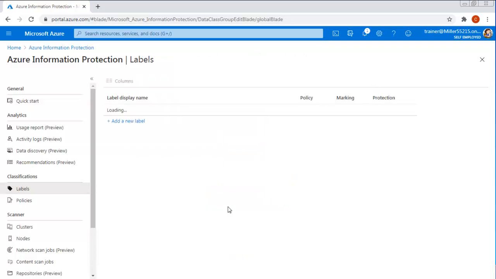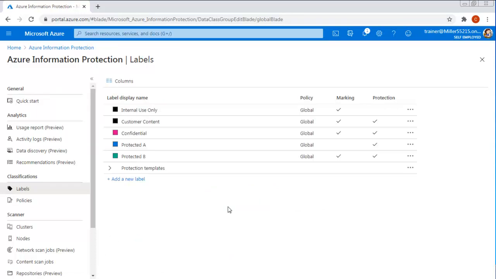Now I have already pre-configured some of these, and you can see the ones that I've done, but I'm going to add another one. Now, take note of a couple of things. Different labels are set up for different purposes. I have marking, which is really just a classification, and then I have protection, and protection does the encryption part of it. So we're going to add a new label,